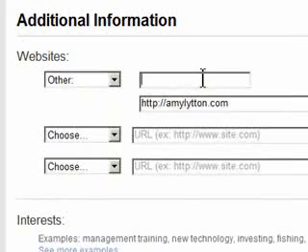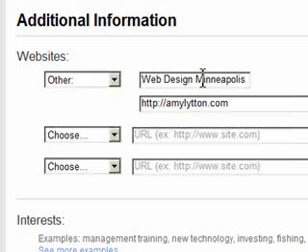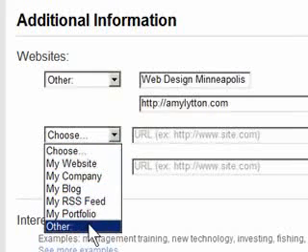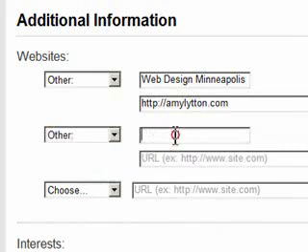It allows me 30 characters to type in whatever I want. So I'm going to type in some more meaningful information like Web Design Minneapolis. So that describes my business a little bit better. Now, I can do this, but I have two other spots I can add a website to. But what I'm going to do is add a different page from my same website. I'm going to go to Other, and I'm going to add my portfolio page. So the words I'm going to use are